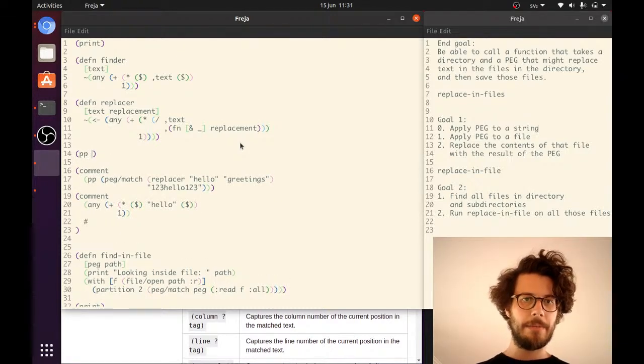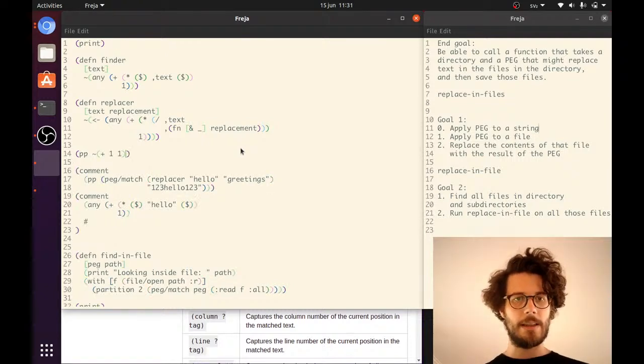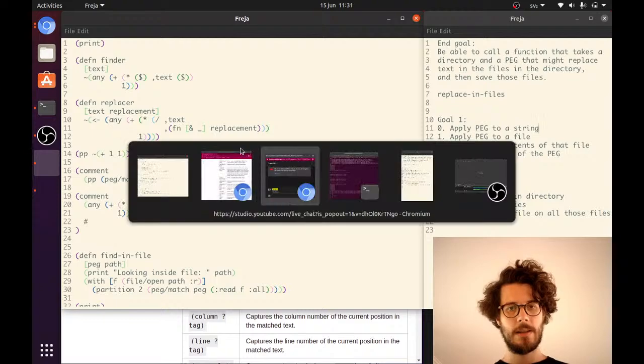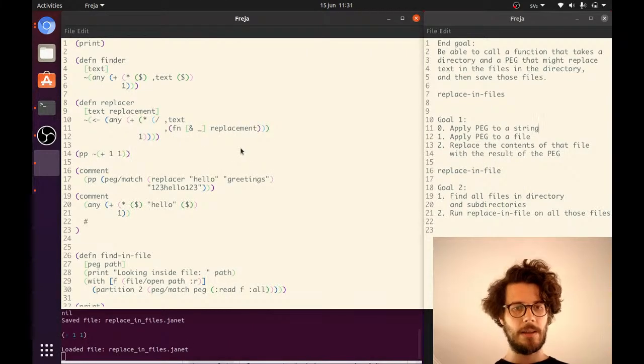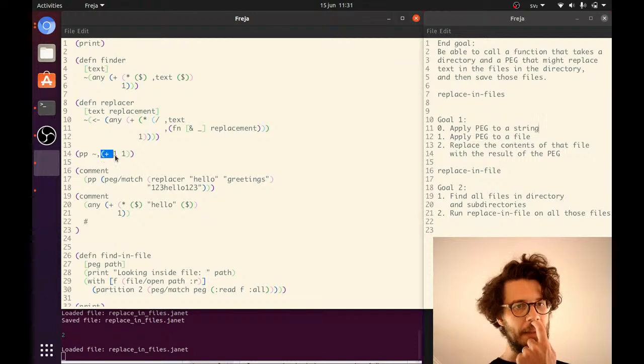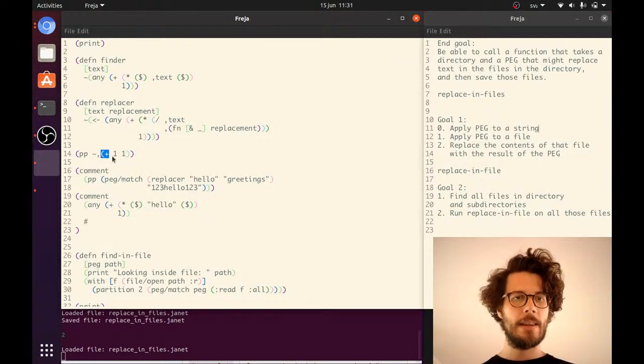If we pretty print like this, +1 and I hit Control L, we just get +1, but if we do this wiggly thing and then a comma, we get the application of this, like the actual result, like we would expect if we had nothing here. The reason why I do this squiggly thing in the beginning